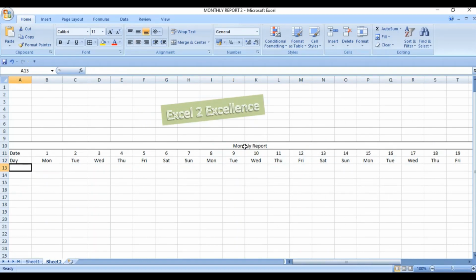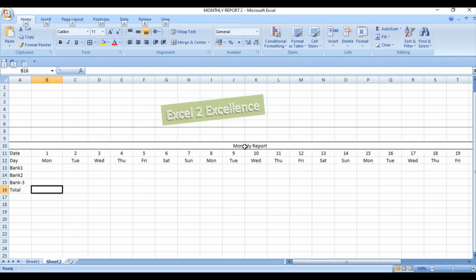Okay. Now let's say you are preparing the monthly report for a bank. So write here name of the bank 1, name of the bank 2, name of the bank 3. Write here total.